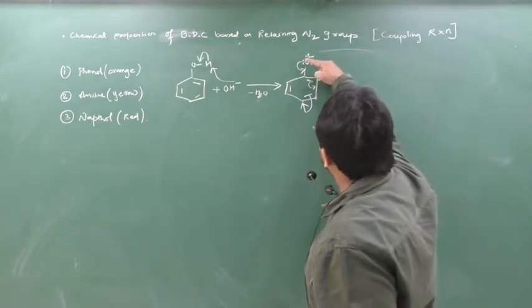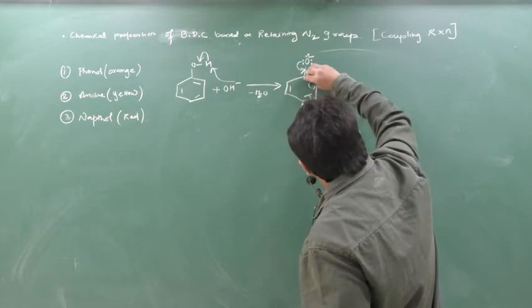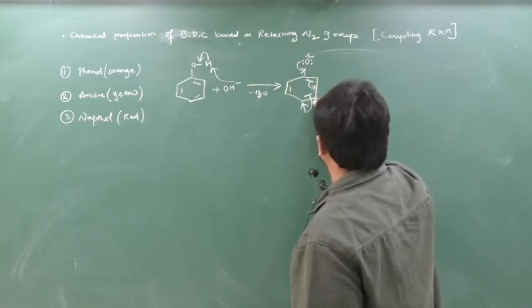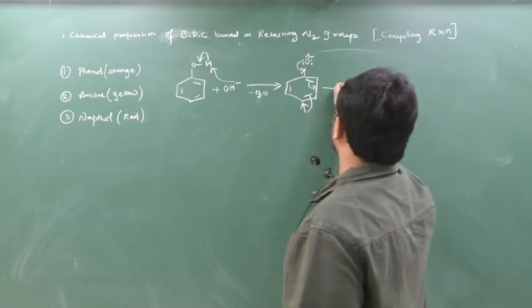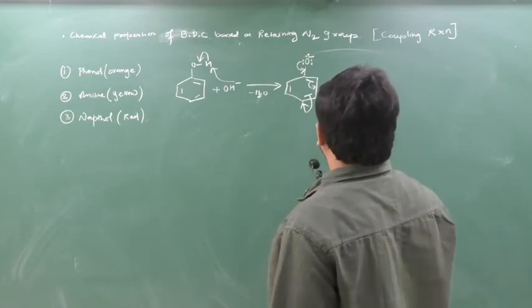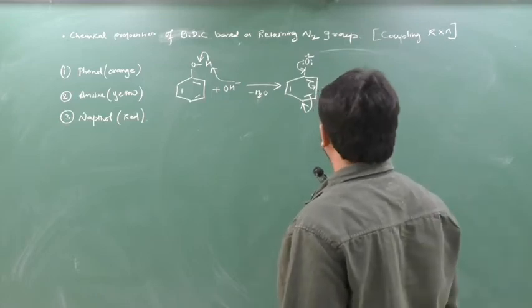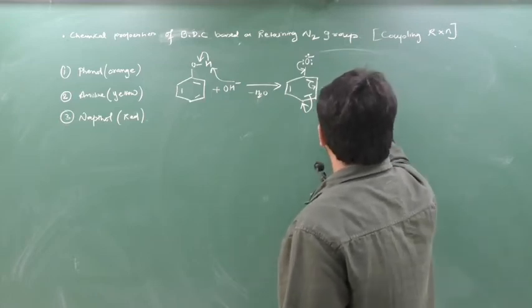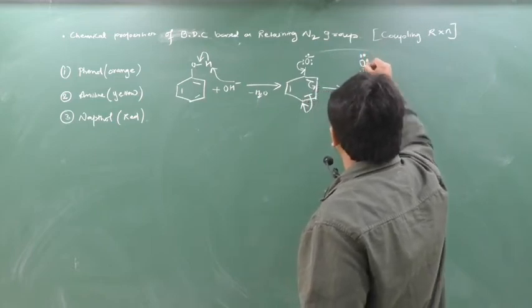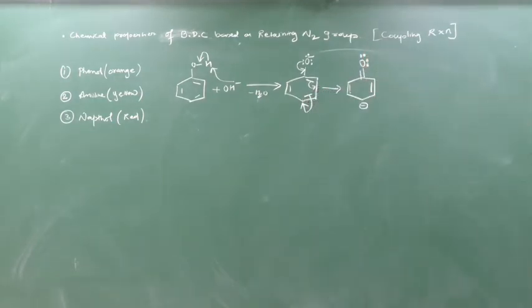This lone pair will make a bond here. This pi bond will break and shift here. When this pi bond shifts here, this bond will break and enter here and create a minus charge on the para position. So the bond shifts, the minus charge comes here, there is a double bond to O, and the negative charge goes. So I can say aromaticity has been broken. Yes or no? So now aromaticity is broken.